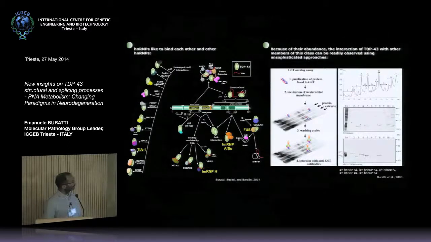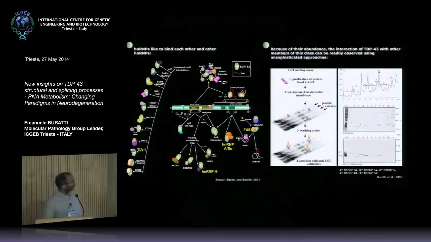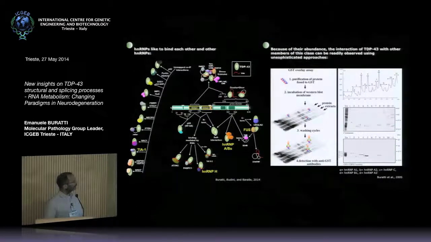The result that we got is shown here, and as you can see, there is a number of proteins that were specifically recognized by TDP-43, and all these proteins belong to the basic hnRNP class made up by A1,